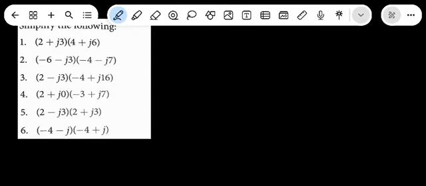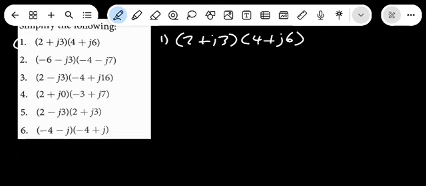We'll learn how to multiply complex numbers. So we've been given number 1: 2 plus j3 multiplied by 4 plus j6. We multiply 2 by 4, which will be 8, plus j, plus 2 multiplied by j6 will be j12, plus